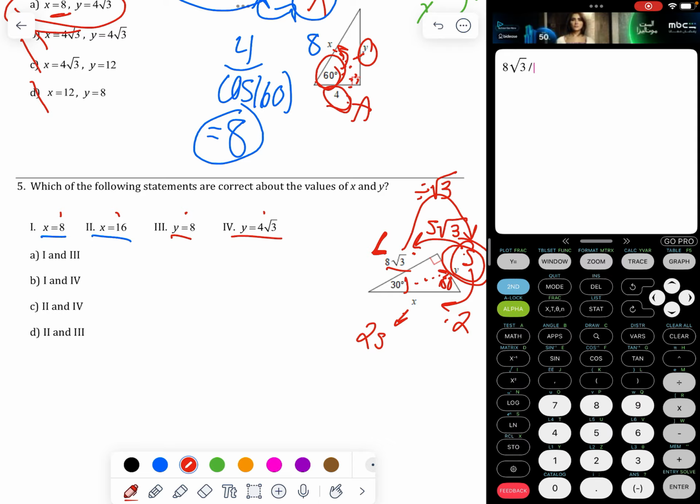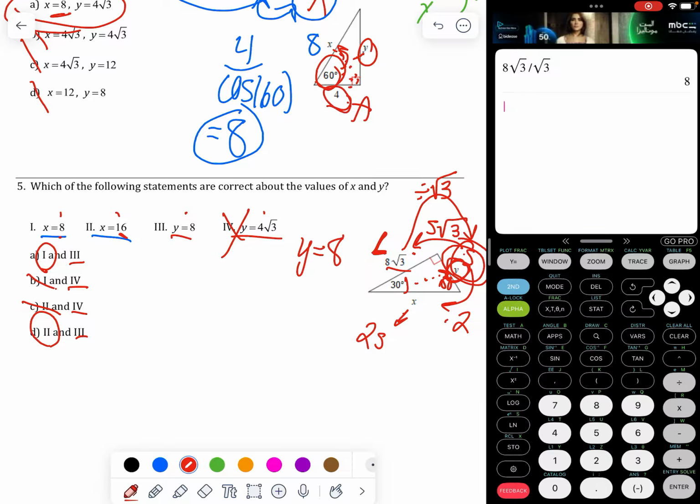Divided by that square root of 3. Again, we should be left with x. 8 for y, right? So y is our short leg. Y should be 8. So anything that has 4 in it is completely wrong. We have 4, 4. Awesome. So we're kind of down to if x is going to be 8 or if x is going to be